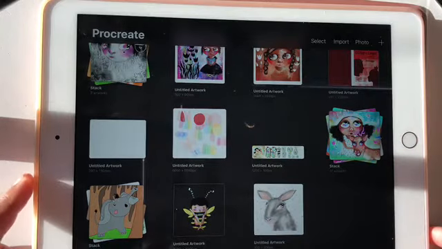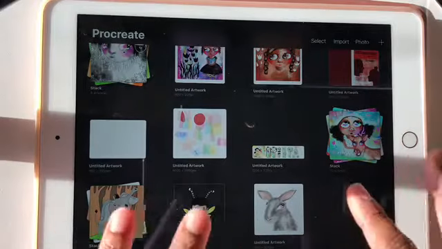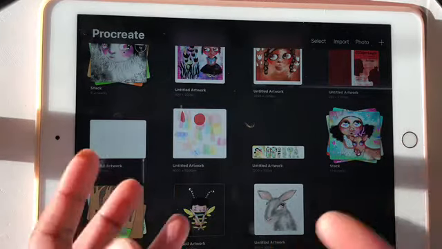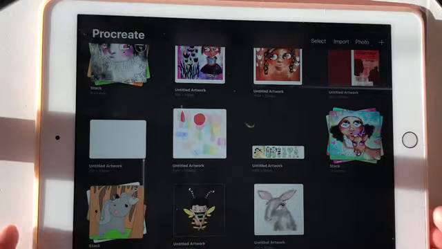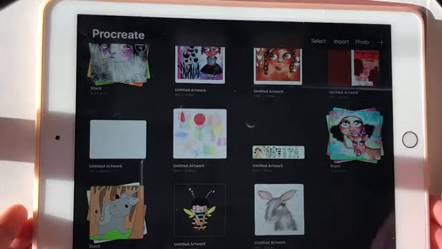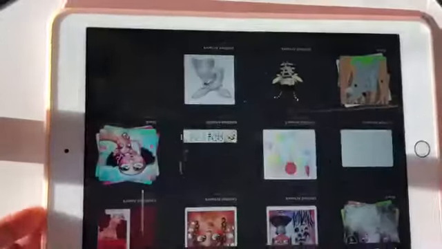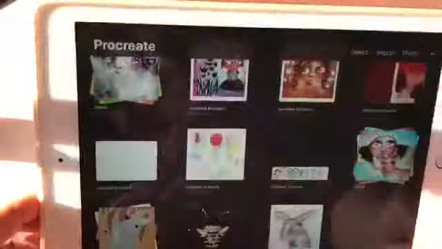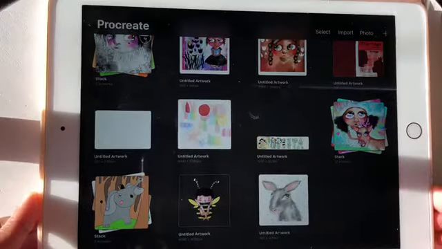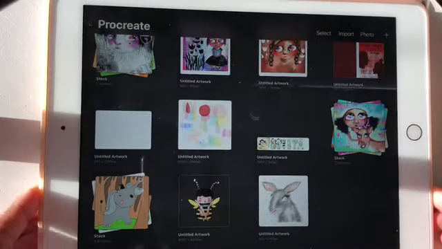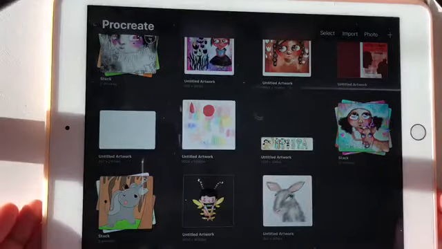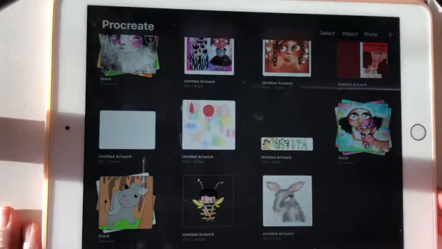I was thinking that I would try and show you how my digital painting process goes with the use of my iPad. I'll show you how I set up and some of the images I have on my iPad right now as well. So I could probably show you some of my images that I've created on this